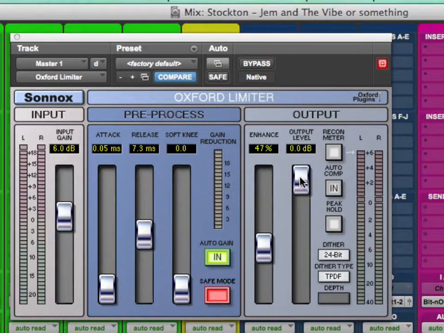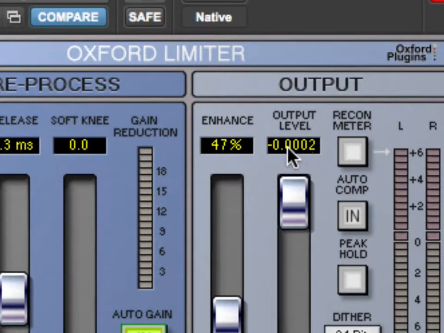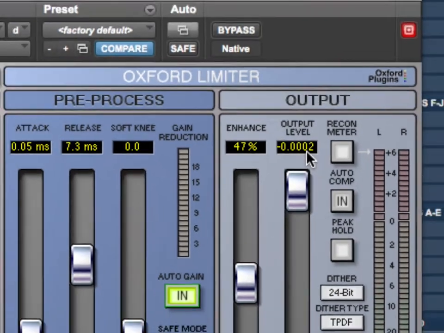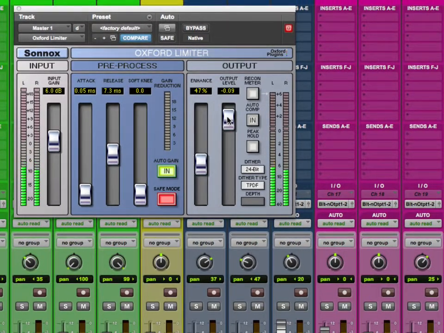But what I particularly like about this plugin is I can take this output level and go down to .0001. I know I'm at 002, but this can go tens, hundreds, thousands, what is this, millions or something? This is incredibly close to 0. It gets a lot closer than Maxim. The closest Maxim can get is like 0.1. So this controls your output level a little bit better. So I'm just going to go down to about